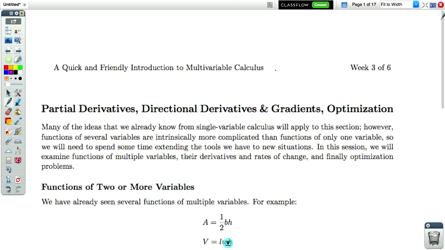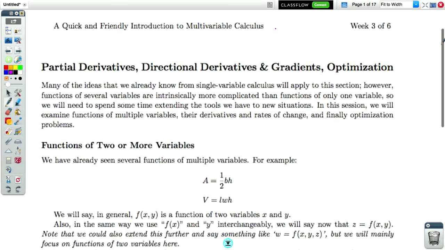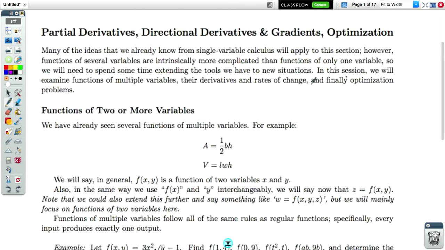This is week 3 of our introduction to multivariable calculus. This lesson is going to be one of the first times that we actually start doing calculus with our functions of multiple variables. So in this set of notes, we'll be doing things like differentiating and actually talking about what that means in terms of the slope of a function when we extend it to more than